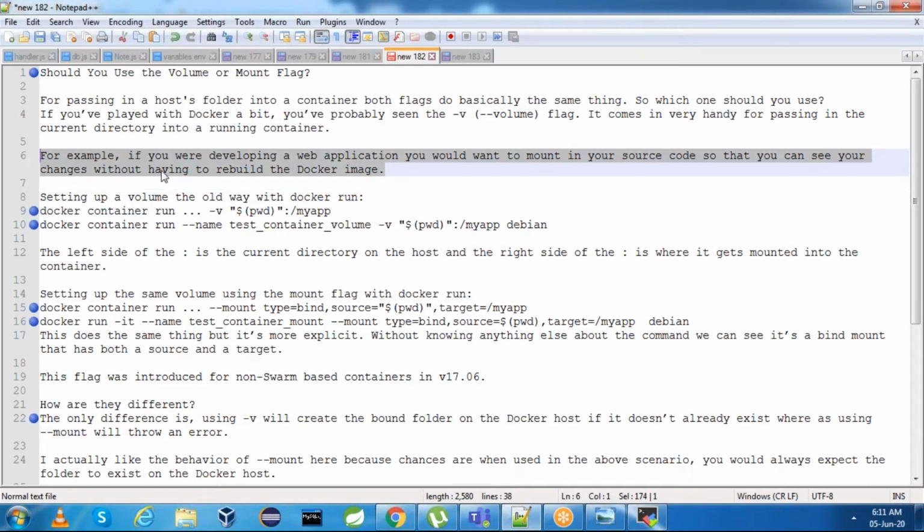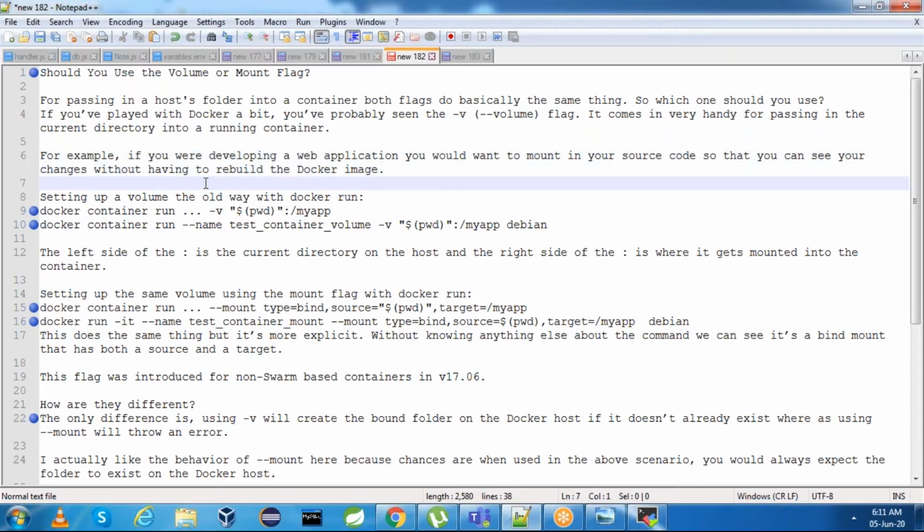This is one good example. Why do we need volumes? If you have any code and you want to move that code into the Docker container, then this is a perfect scenario. If you use volume, whatever code folder you have will get mounted automatically so that you don't have to rebuild the Docker image.